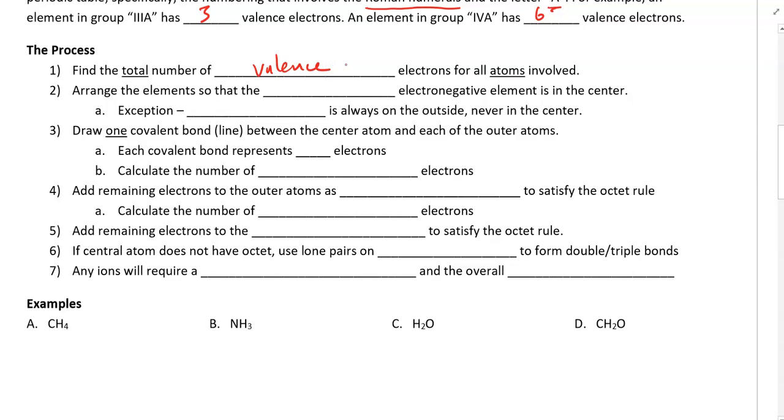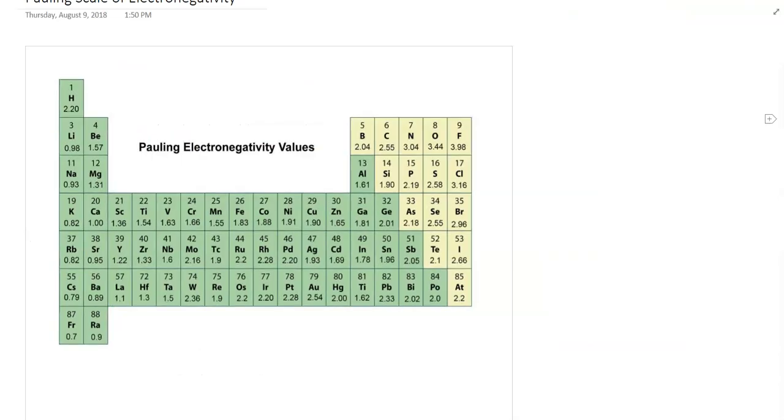But mostly, again, looking at the valence electrons like we just said, find them on the periodic table, count them up. Step 2, arrange the elements so that the least electronegative element is in the center. Now, why do we talk about having that Pauling scale pulled up? Well, because this is how we can know our electronegativity, right? So it's the Pauling scale of electronegativity values. So basically, we find the individual values on here, and then we just see which one's the least and put